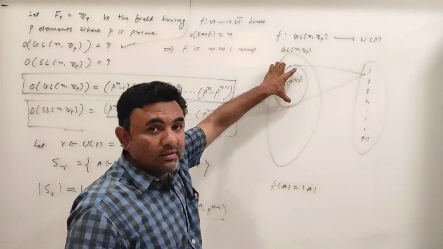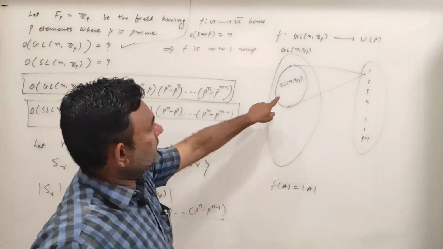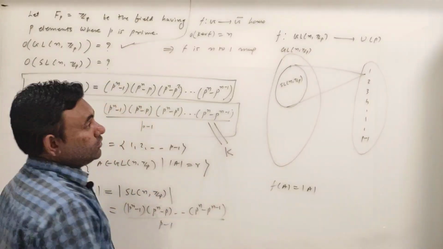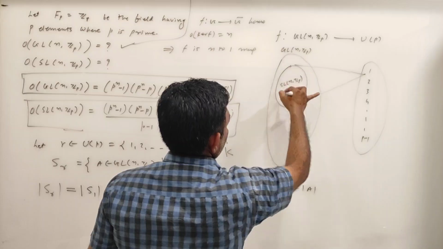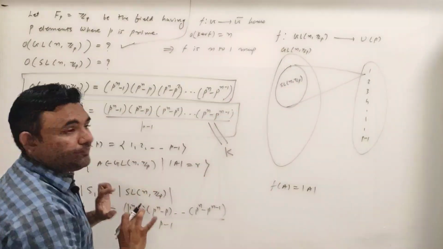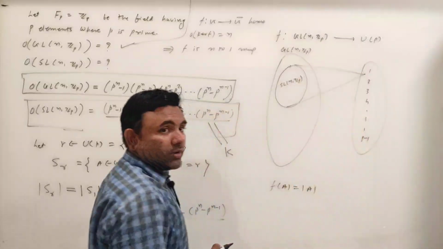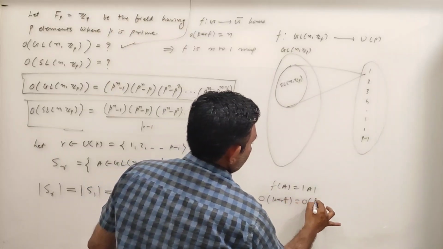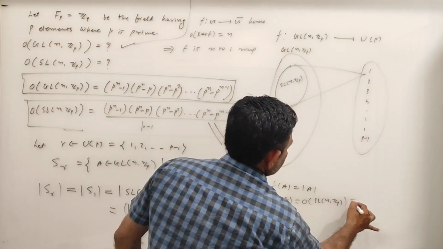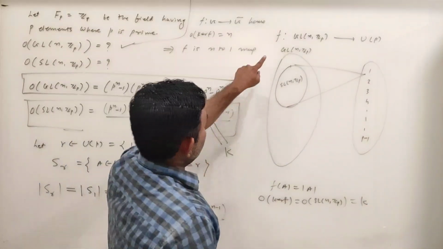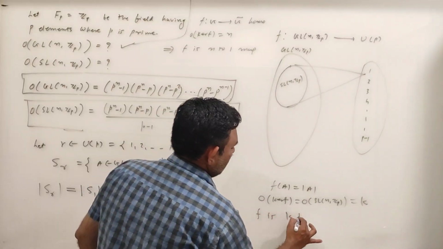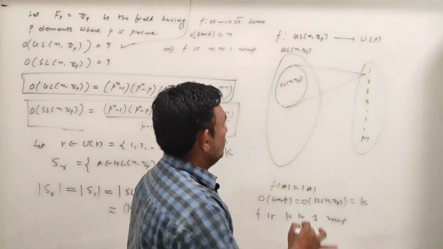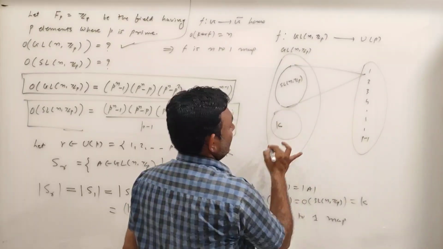तो यहाँ कर्नल का ऑर्डर क्या था? मतलब कि जिसका डिटरमिनेंट 1 मिल रहा है उसका ऑर्डर क्या है? ये. एंड लेट मी से दिस नंबर इज K. तो ये k एलिमेंट्स है, और k इज बाय दिस फॉर्मूला। तो ये इतने एलिमेंट वन एलिमेंट को मैप हो रहे हैं। सो सपोज ऑर्डर ऑफ कर्नल ऑफ f, ऑर्डर ऑफ SL n ZP, इज k। सो f इज k to 1 मैप। तो ये k एलिमेंट 1 को मैप हो रहे हैं, तो दूसरे k एलिमेंट का बंच मिलेगा। सो इट इज ऑल्सो कंटेन्स k एलिमेंट्स